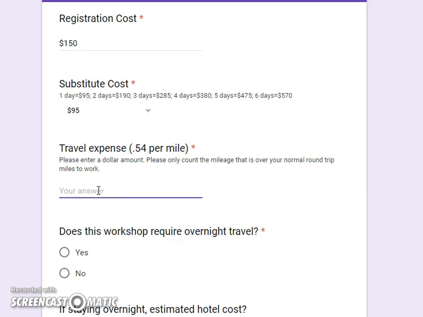Now the travel expense, this gets a little confusing for many, but please don't let it. Basically, you are going to take the round trip travel that would be outside of what you typically travel to school. That's new for a lot of people, but I think where people make a mistake is,